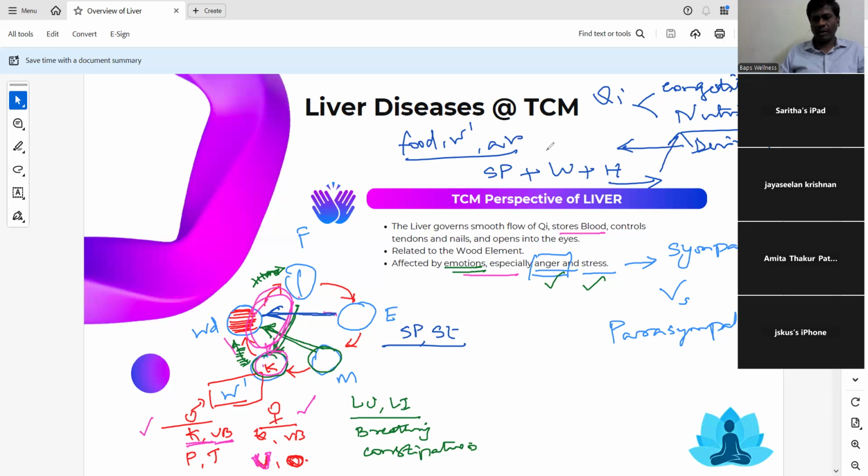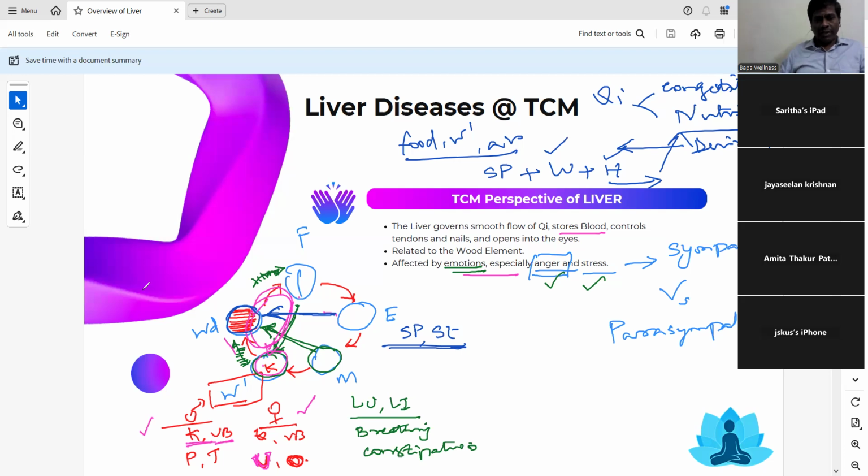The involvement of lung is also needed, heart is also needed. When the wood is impacted, we have already seen nausea, fatigue and so on. Why here? The involvement of spleen and stomach is also there, and this will also impact that. So the person will become lean, thin, skinny, with a big belly, ascites, all those things.